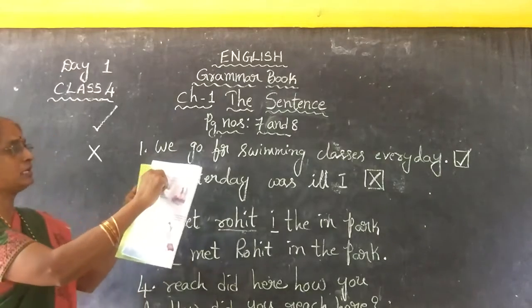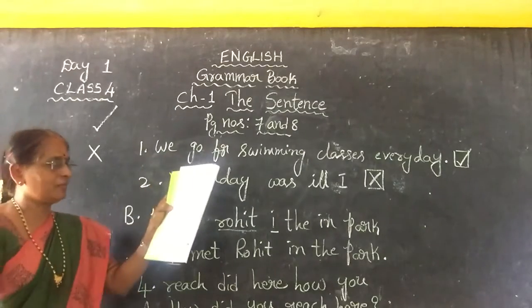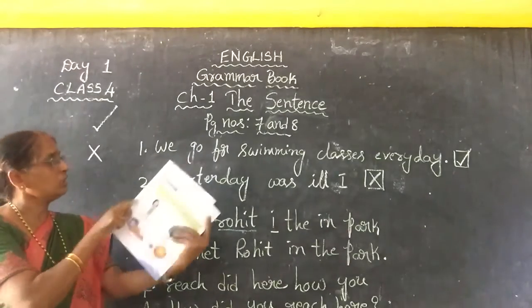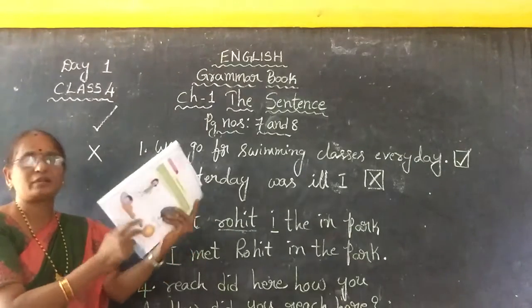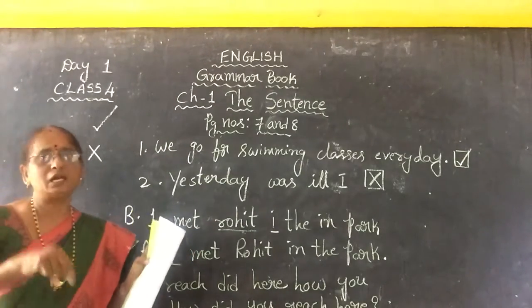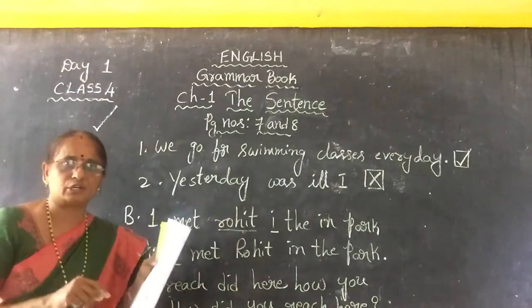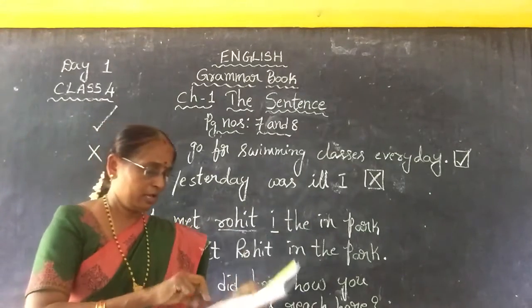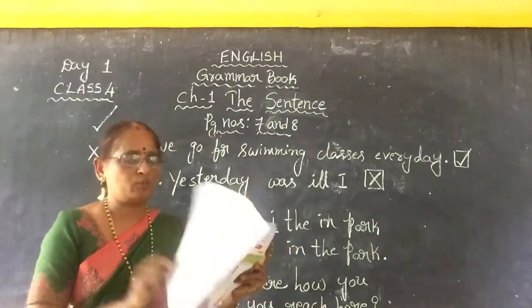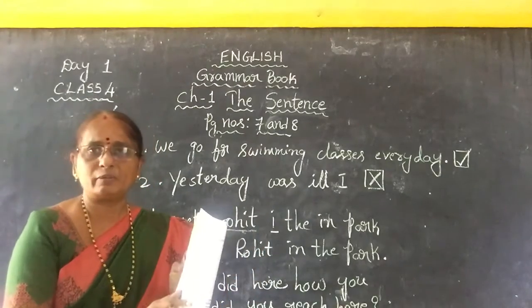This one, first one A, 1 to 11 in the textbook itself. Second one, I mean B, 1 to 11 sentences of page number 8 and 9, we have to do it in the homework book, children. Afterwards, I will tell you when we have to write in the homework book. Okay, children? Got this now, everybody? Right.